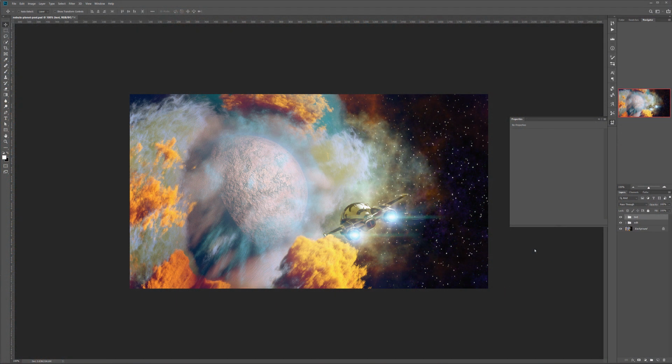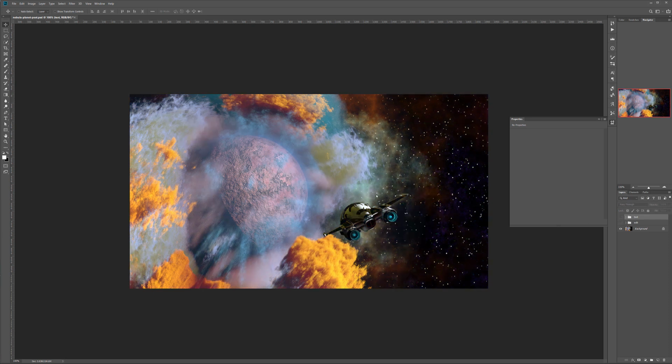So in this tutorial, we're going to create a space scene inside Vue. You can see right here we have an image straight out of Vue. We'll create the planet, create the special background with a nebula, and import it. We'll also create those nebula clouds around the planet, import the model, and set up all